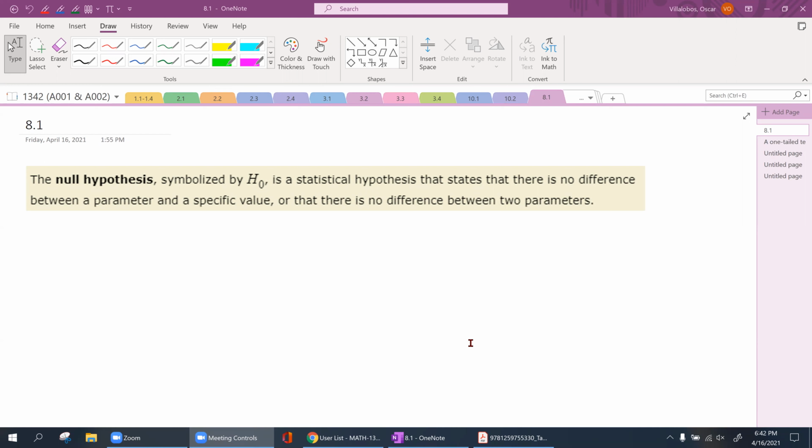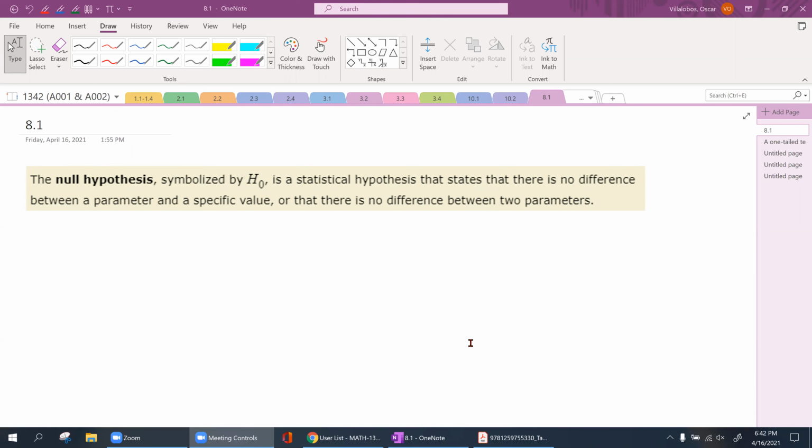Hypothesis testing. This section is going to be related to where we left off in test 2, solving for our z values and more of that, and less of the probability portion of it. For 8.1, we're going to get introduced to writing things in the alternative hypothesis and accepting the